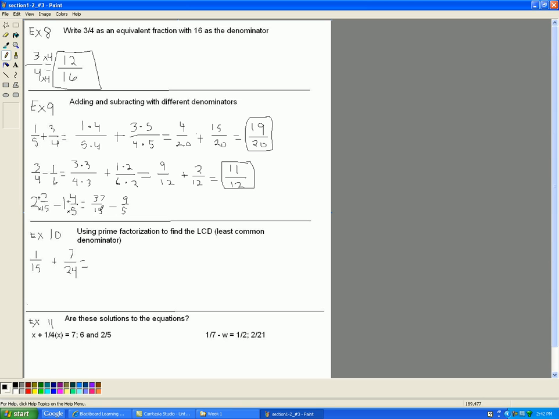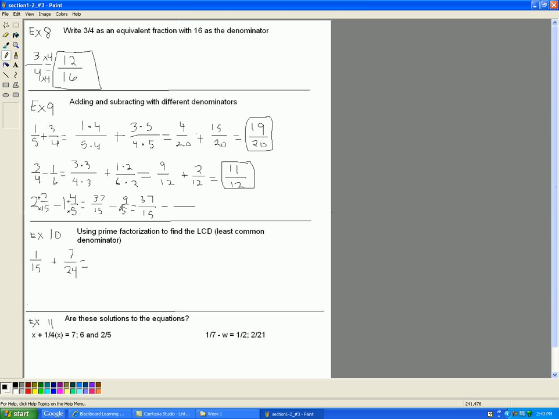Now again, we go ahead and look at the bigger one. Start with the bigger one. We start with multiples of 15. The first multiple is 15. Does 5 go into 15? Sure does, 3 times. So what we can do is we can say, okay, 15 is going to be our common denominator. We've got 37 over 15